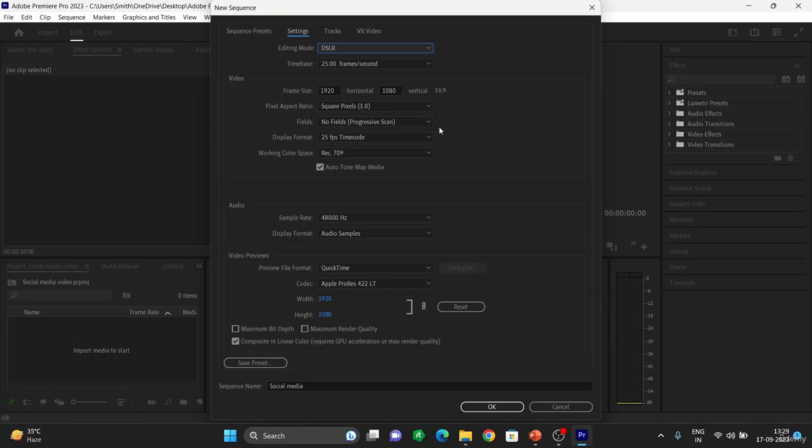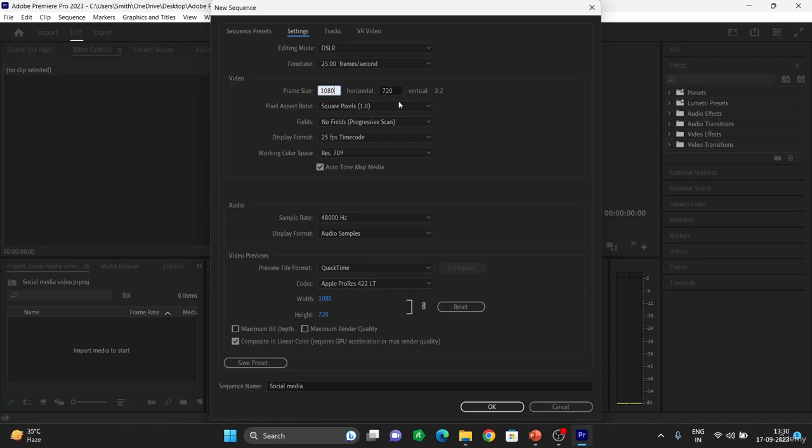Okay, so let me tell you guys quick about the aspect ratio. Okay, so if my aspect ratio is 1 into 1, that means that my height and the width of that is same. Okay, so in that case what I can do is, suppose I will come here and let me type 1080 into 720. Okay, so here once I have put this particular frame size, here you can see this one is now 3 by 2. Okay, so this one is vertical,